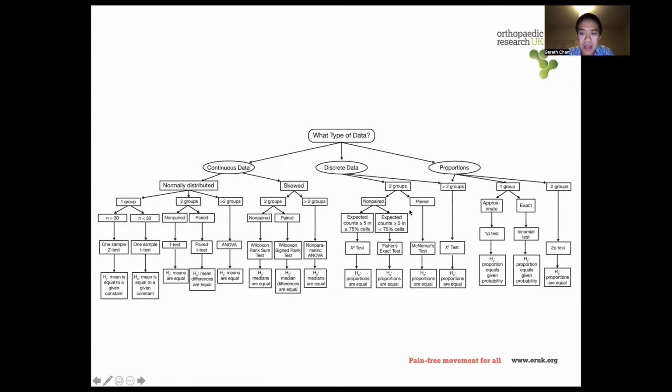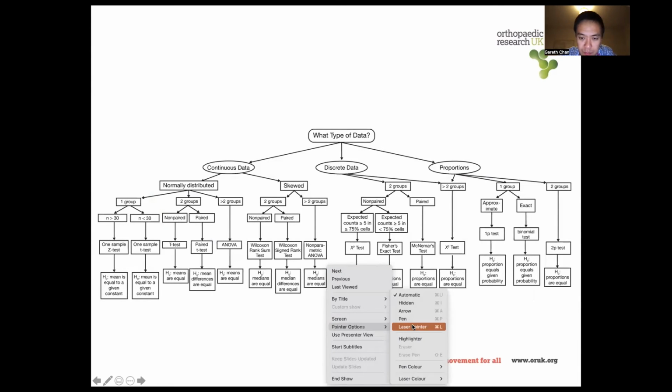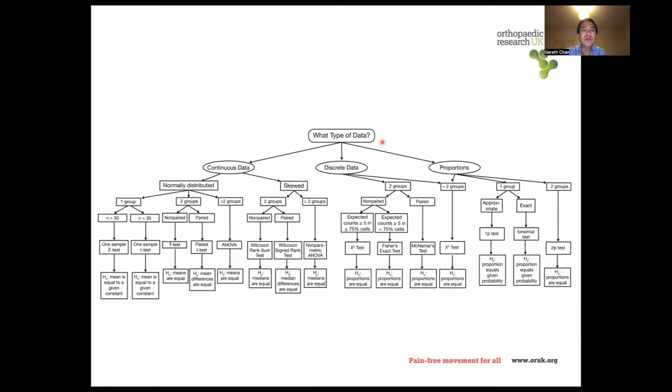And this is a big table of data now. So what I'm going to do is turn my pointer on. When you start with your data, you've got to start thinking, is my data continuous data, or is it essentially not continuous data? Is it discrete? Is it groups? So if we're measuring age or a risk of death, for example, we then go down to